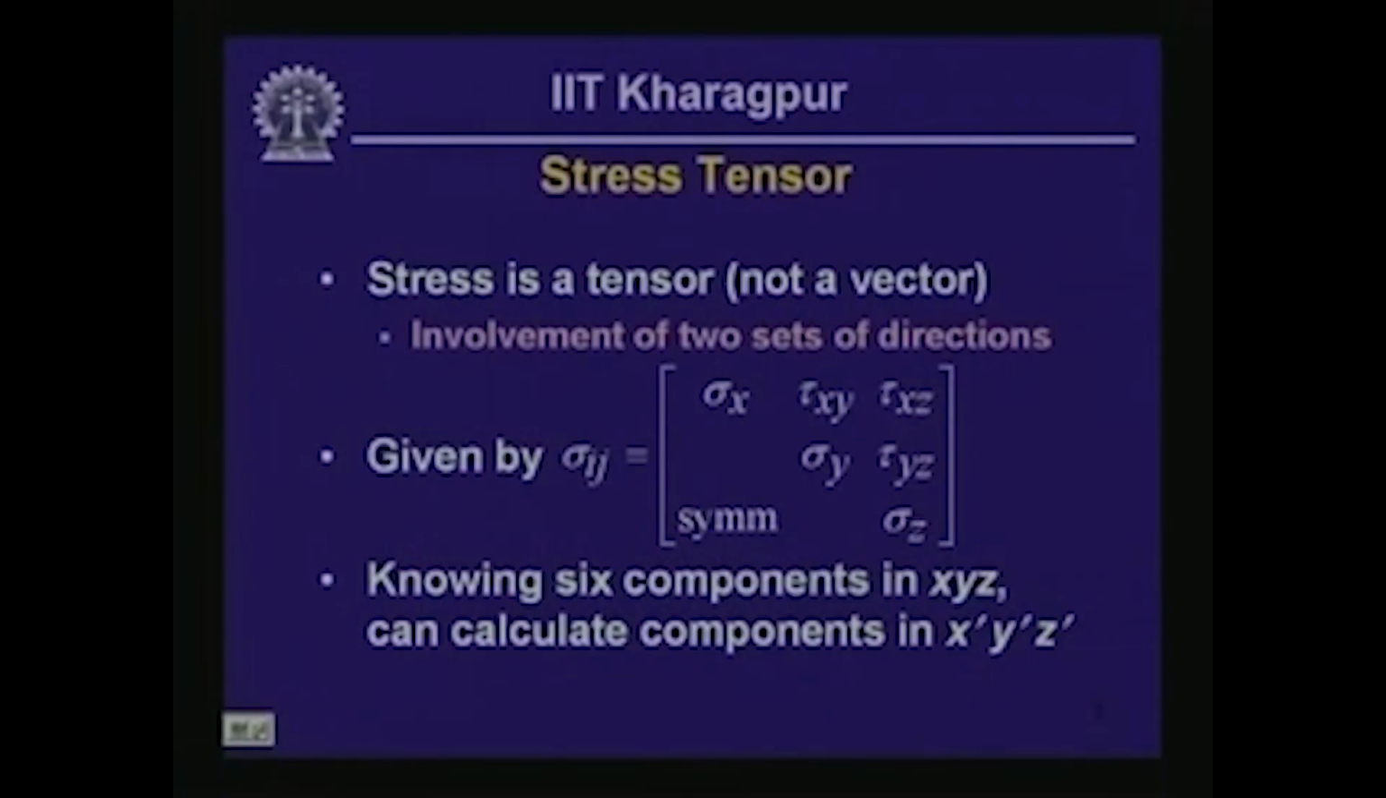And we have got a mathematical rule that we can derive, which actually allows us to compute the 6 components in x prime, y prime, z prime system from the 6 components of the stress tensor given in x, y, z coordinate system. Okay. Now, here you should notice, getting back to the matrix here,